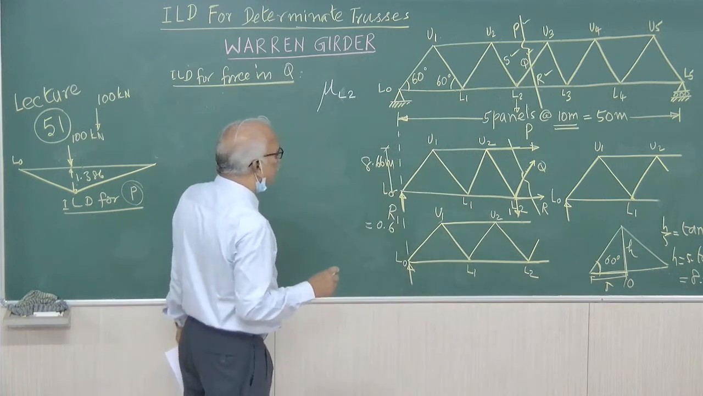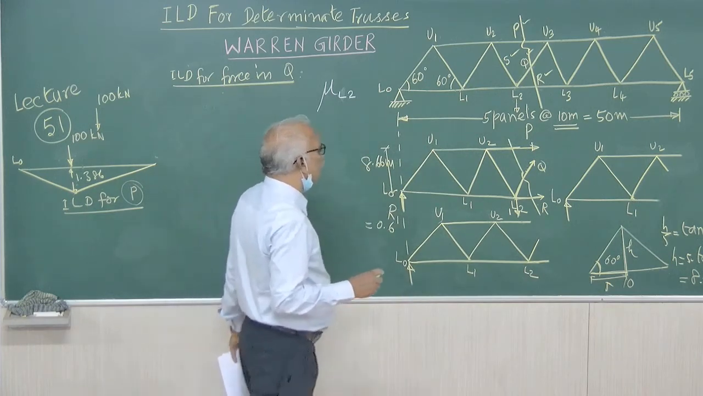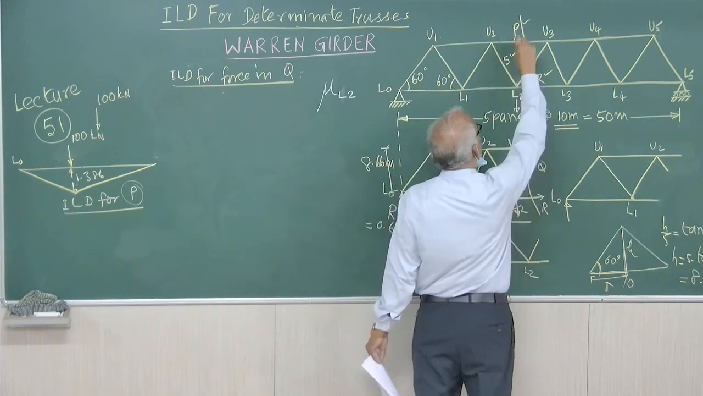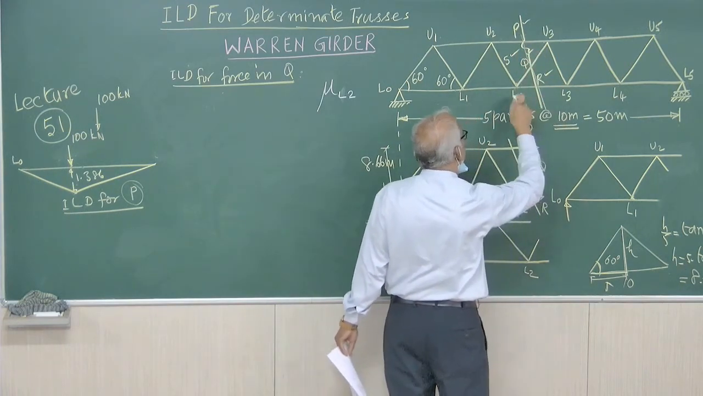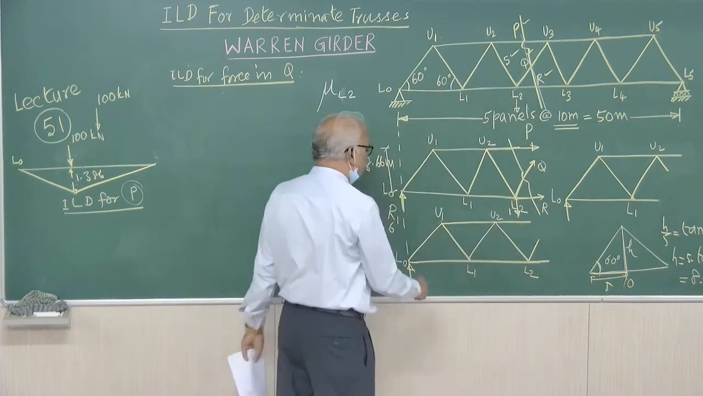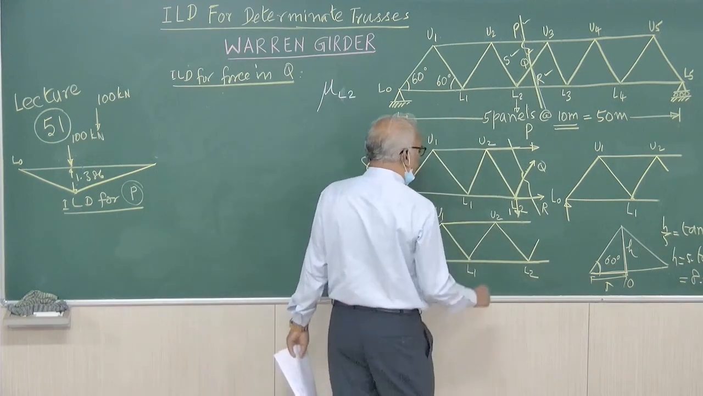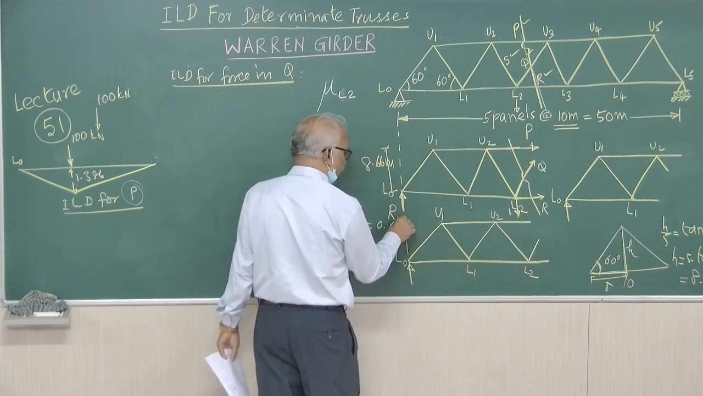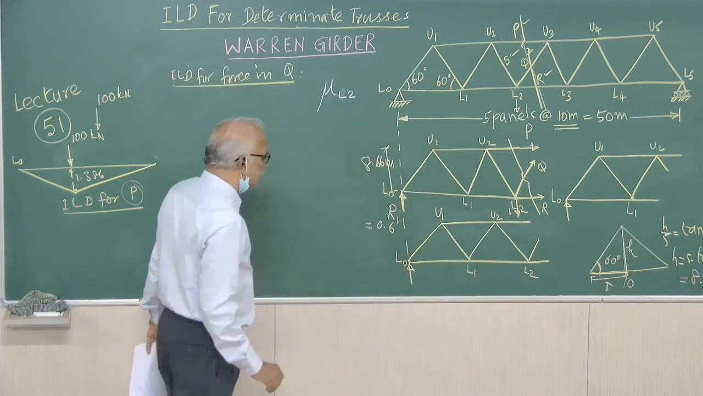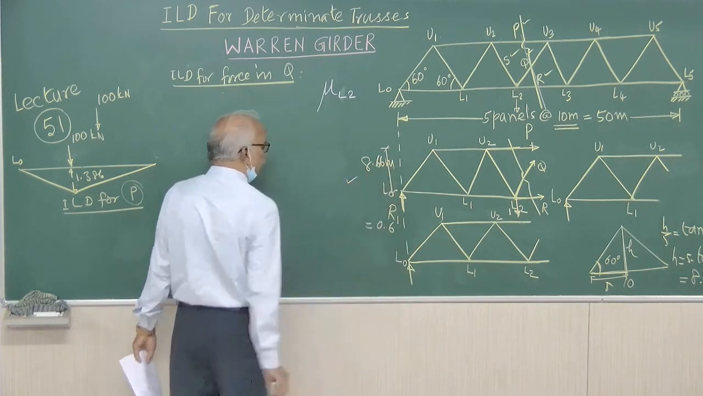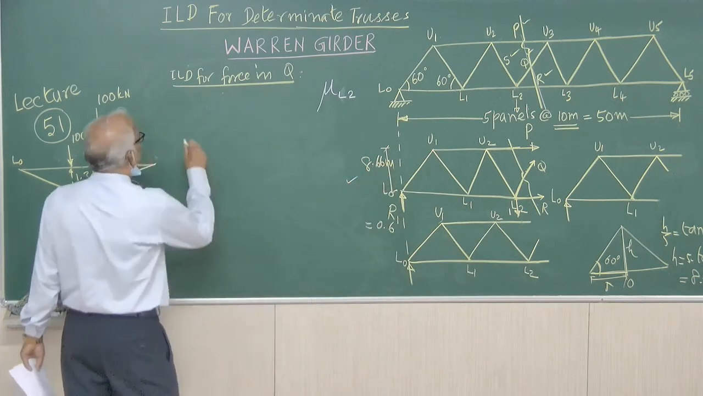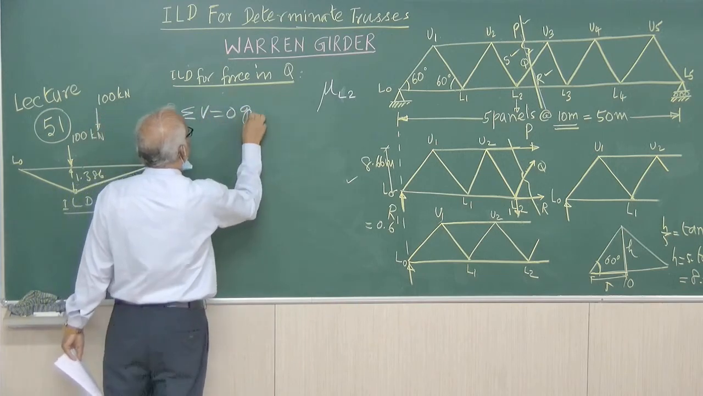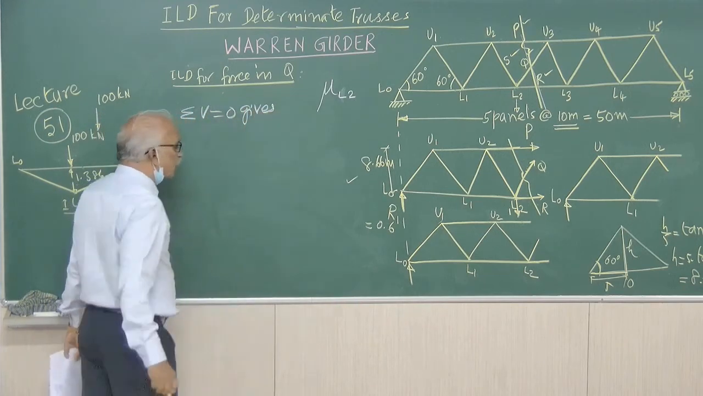Right. Therefore, we will first apply the unit force at L2. This is the cut section. We will apply the unit force at L2. We know when we apply the force at L2, the reaction is R1. Same diagram will help us. So we are going to make use of the condition sigma V equal to 0. Sigma V equal to 0 gives